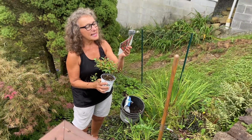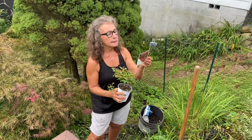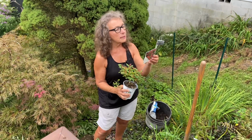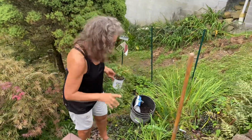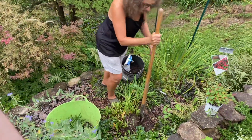You can't beat it. And you trim it after it's through blooming. It doesn't need anything but well-drained soil. So it's going to be a fun plant to have here, and it'll give us so much color in this dark spot. What I'm going to do today, and to those people who live locally, I'm taking out a wonderful